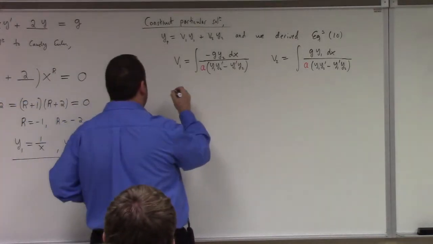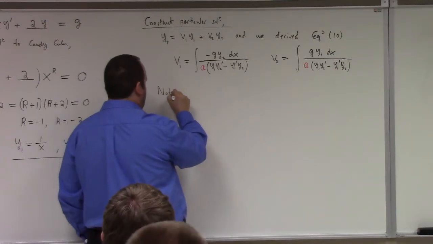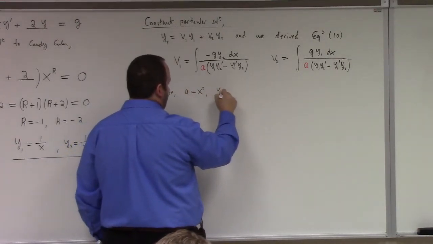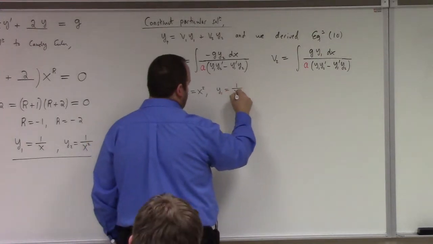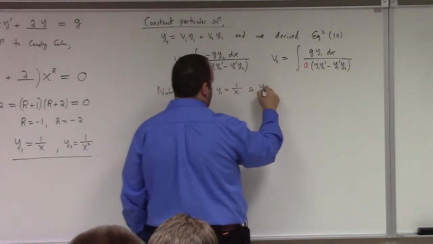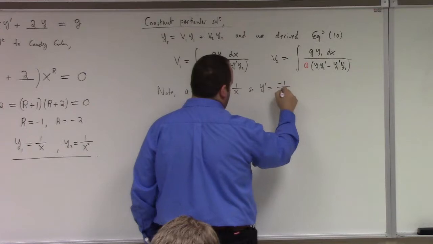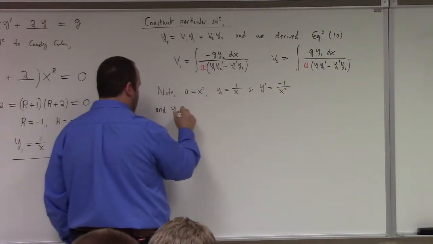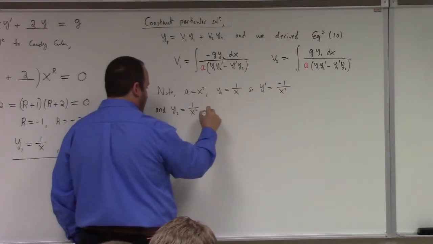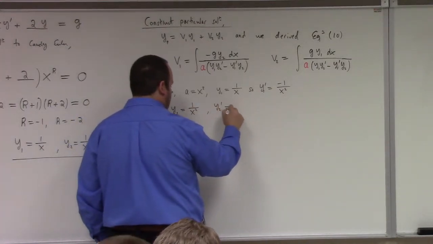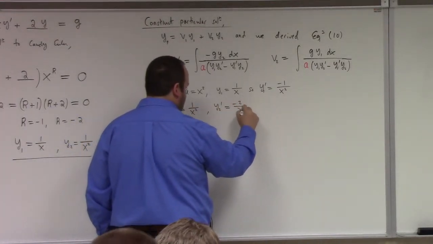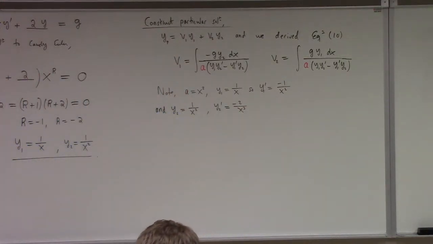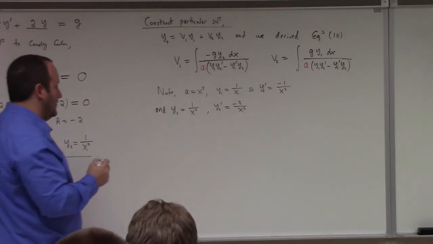So note, we have a equals x squared. We have y1 equal to 1 over x. So what's y1 prime? It's minus 1 over x squared. And we have y2 is 1 over x squared. So y2 prime is minus 2 over x cubed, differentiating. Hence,